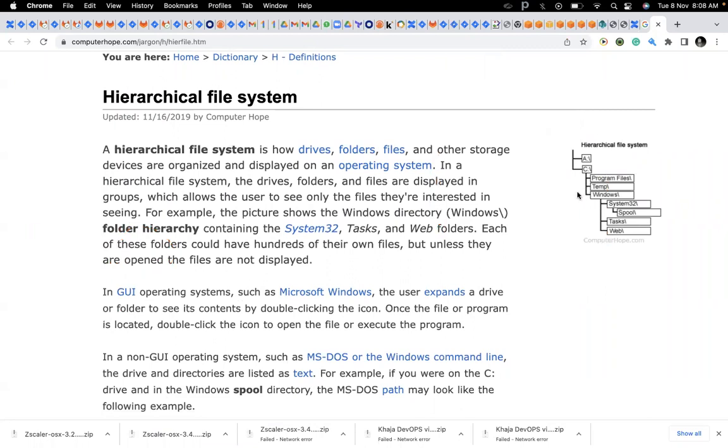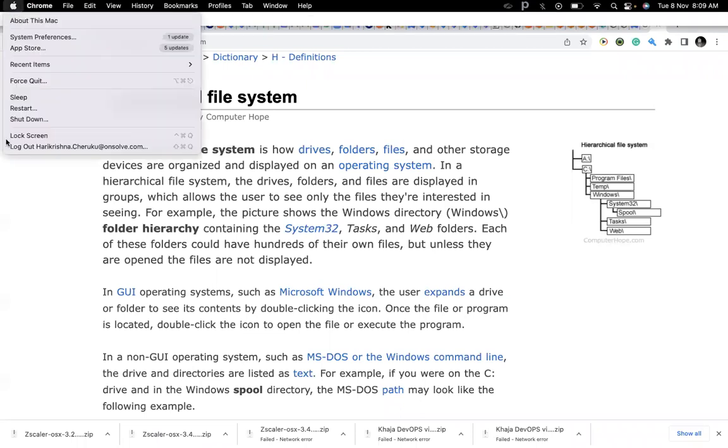Where we install the OS on a Windows system is right in the C directory: Program Files, Temp, Windows, and Users. This is the file system hierarchy for Windows.